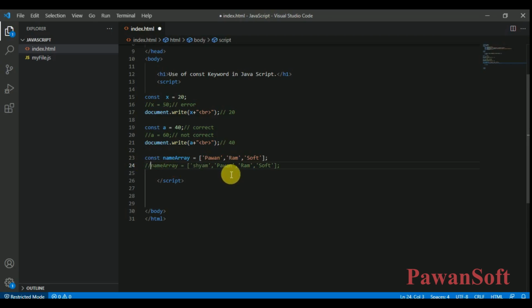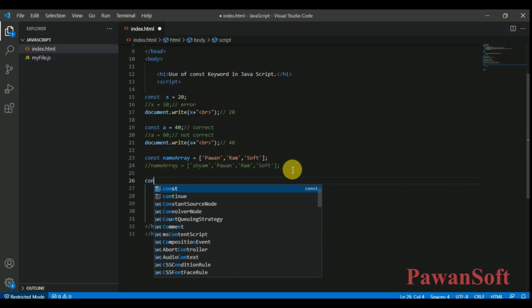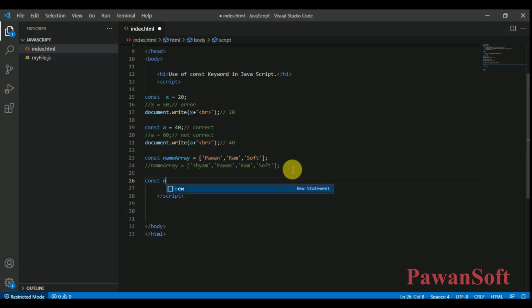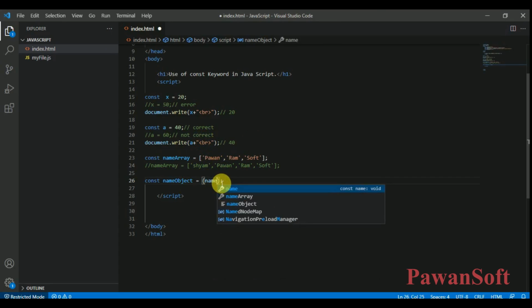So let's see the object. const name object. In JavaScript you can create the object using curly braces: array using square brackets, and object using curly brackets, right? So you have to initialize like this, name Pawan.